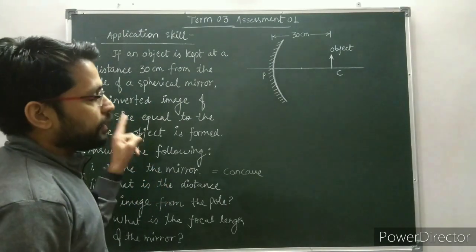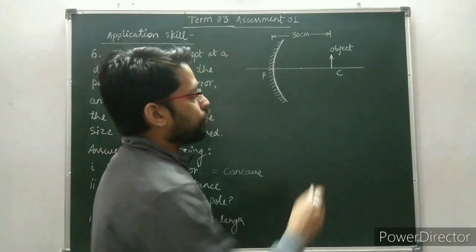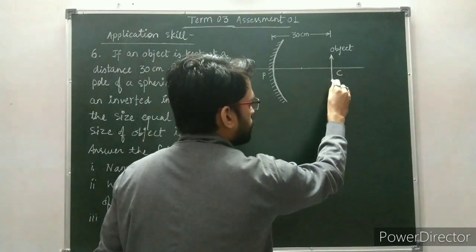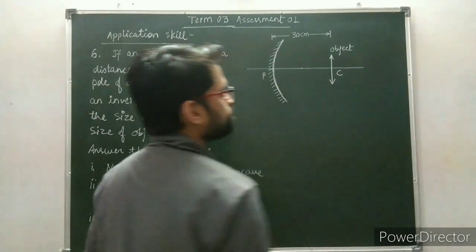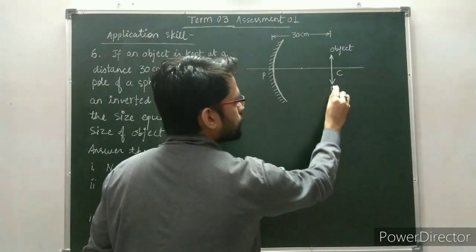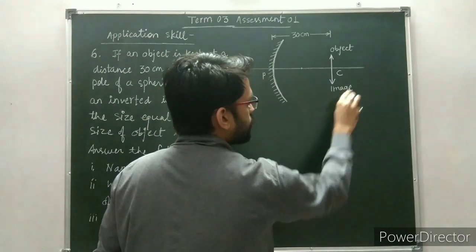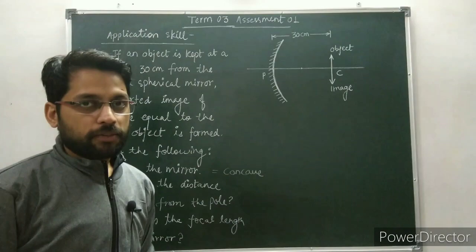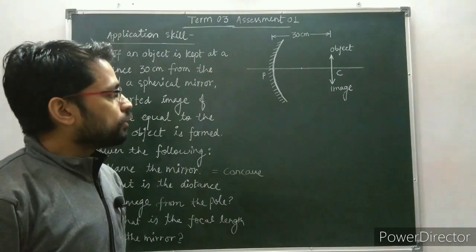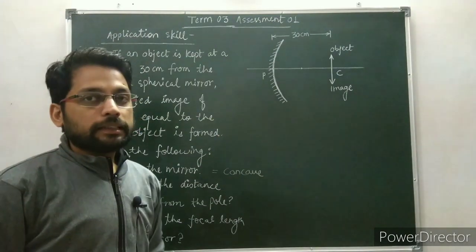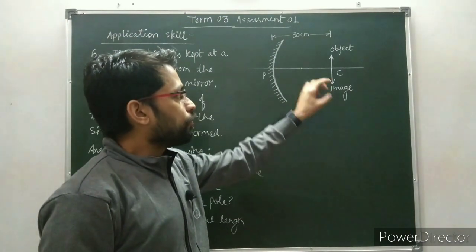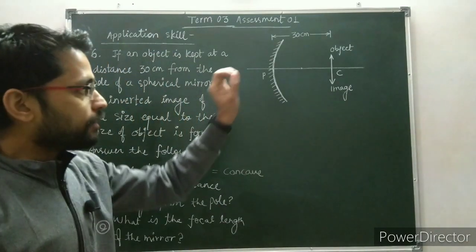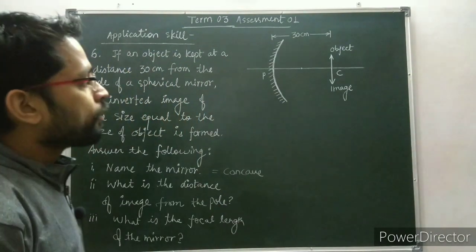and we get the image of this object at the center of curvature. Okay, so this is the image of the object. When the object is at center of curvature of the concave mirror, then we get image of equal size and at the same place, means at the center of curvature. Okay,